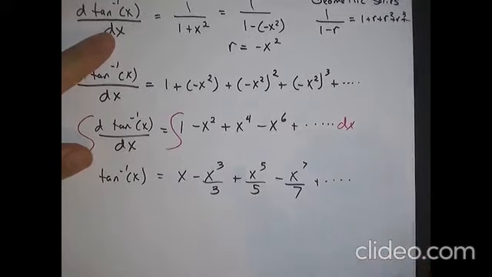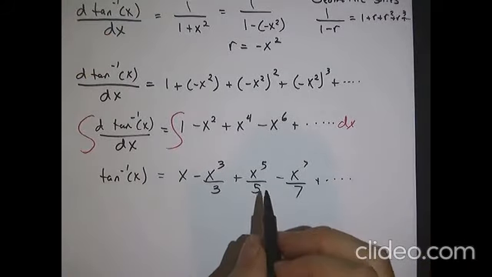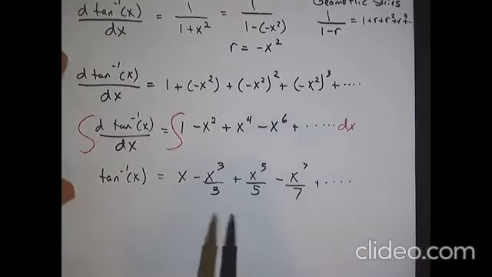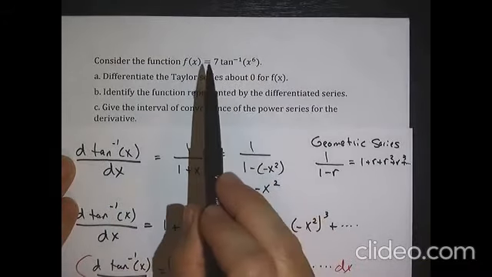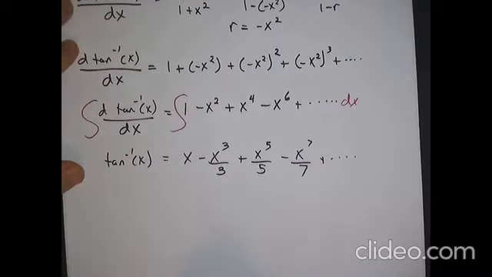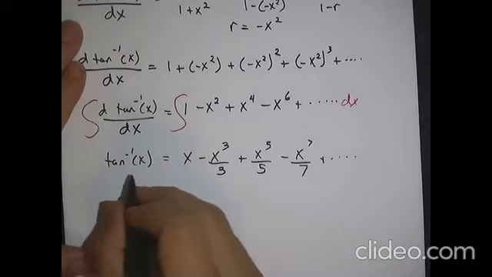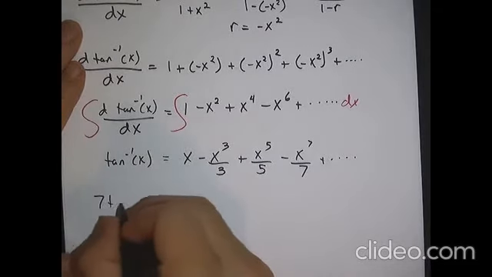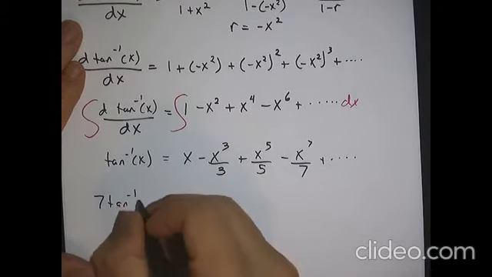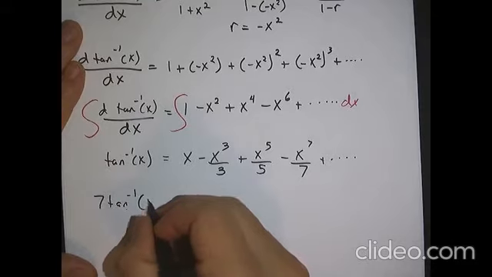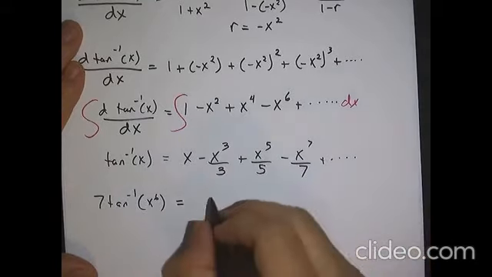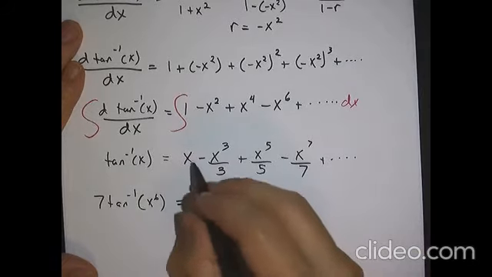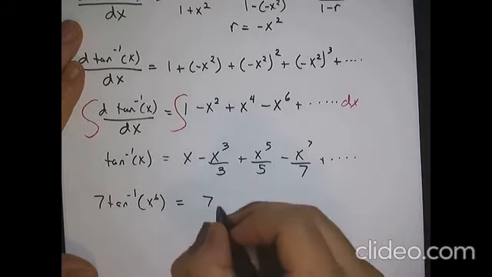So all we have to do is take the derivative of this thing, but we also have to first remember we weren't dealing with the exact function. We have this 7 and this x to the 6th power. So let's first say, okay, well if this is tangent inverse, then let's multiply that by 7. And let's substitute the inside with an x to the 6th. Okay, so with that substitution, we get 7 times x, but instead we're going to substitute an x to the 6th, so x to the 6th,